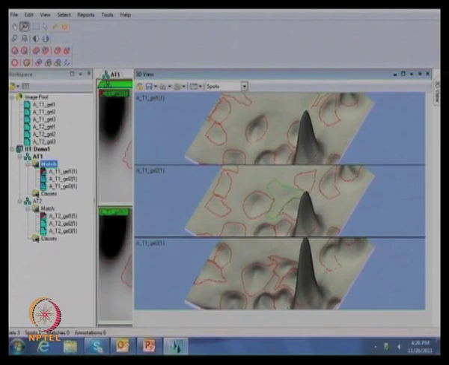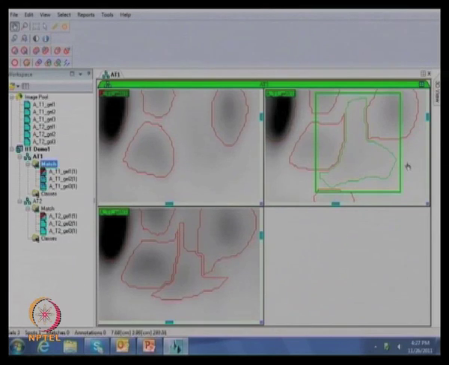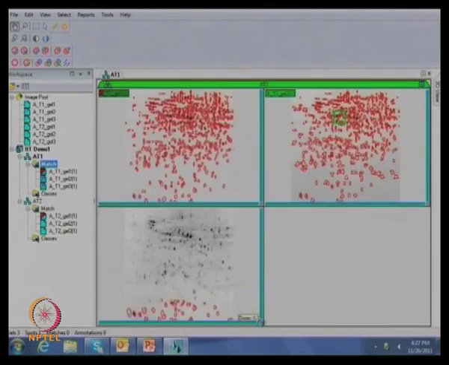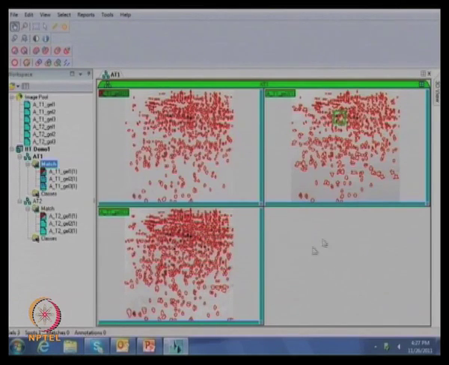Yes, so now this is the intense spot, the intense spots which we are visualizing. And the boundaries are marked from the 75% from the top. Now we can actually zoom out and go back to the whole gel. Let's say if in a region the software has missed some spot, then there is an option to add the spot as well.